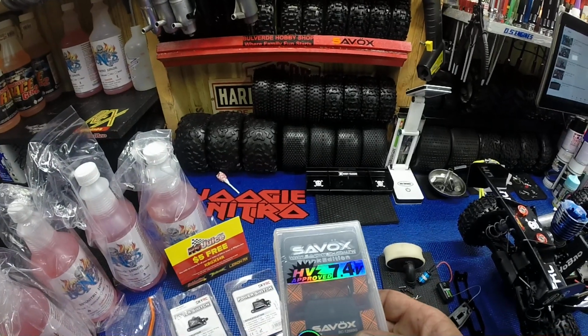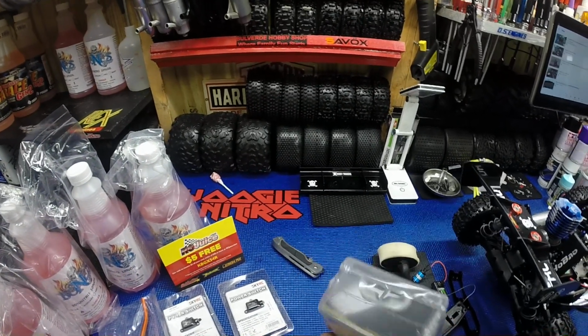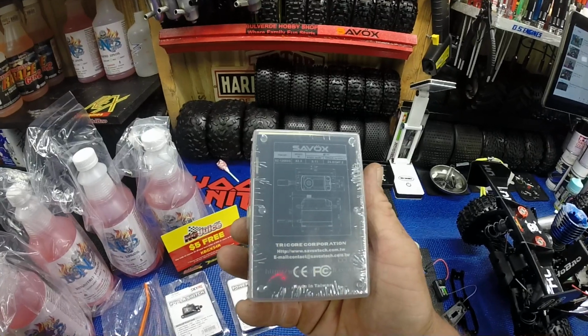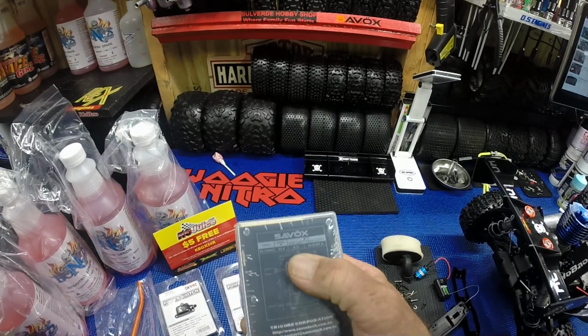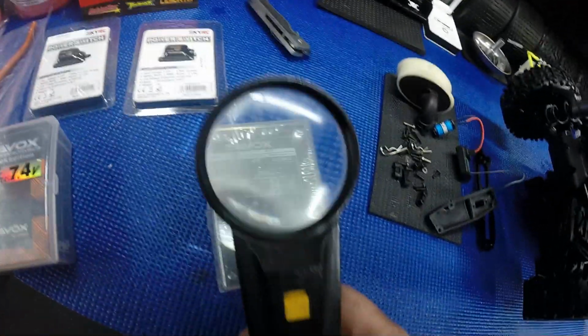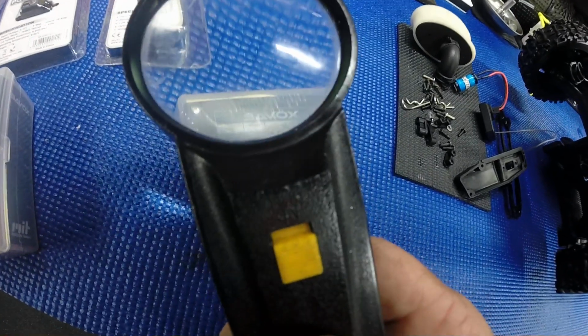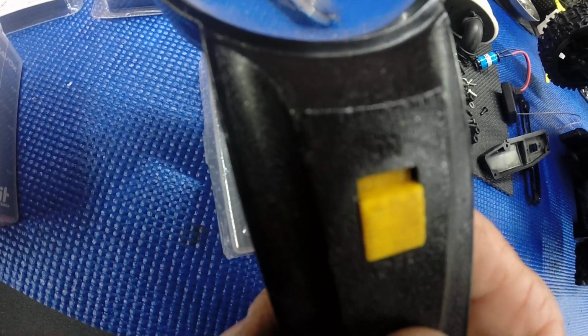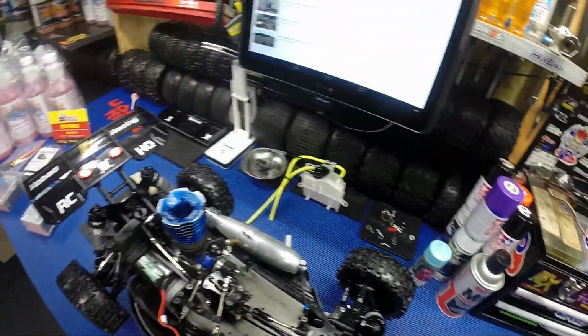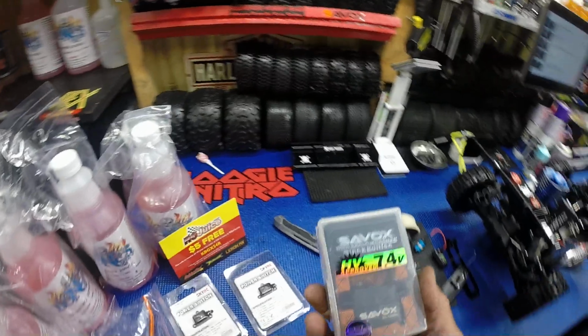I'm not sure of the specs on these. I can let you guys know that at some point, but I'm not going to crack it open. Let's see if it says anything on here. Tricore. It does, but I can't see through the package. I'm not going to be able to see it, guys. We'll look at that after a while. I'll give you the specs on those. But again, that part number is